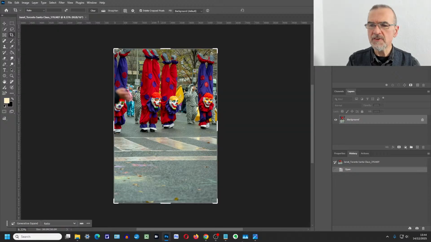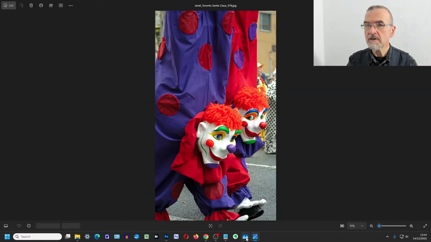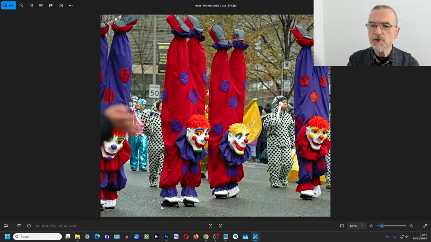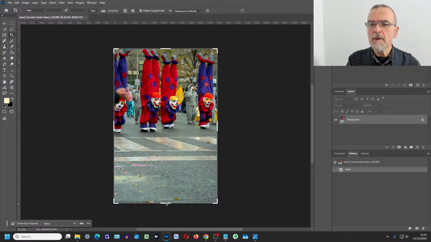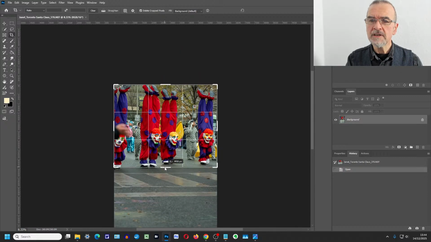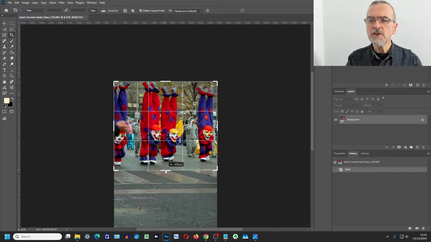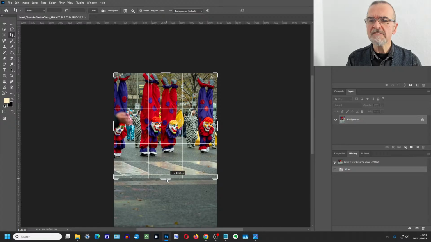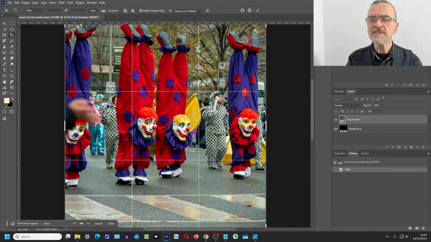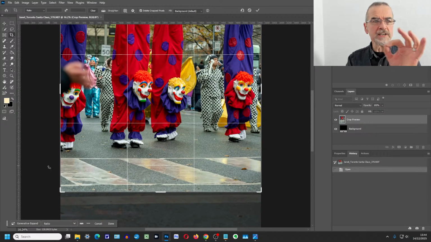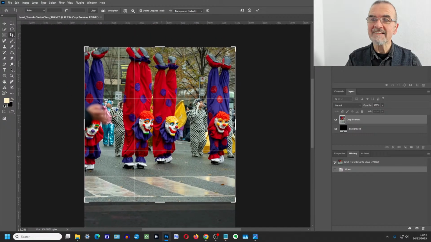Now, what you did with yours, if we just take a little look back here. So you've cropped here and you've given them a little bit of space under the feet. And I think that's a good idea. Where am I? Which one am I? Yeah, that's the one I'm trying to click on. But there's another interesting thing here, which is the road as well. So now you've cropped there, you could actually crop around here somewhere and show the crossing. That's like they're walking up towards the crossing. That gives you another little bit of narrative here.